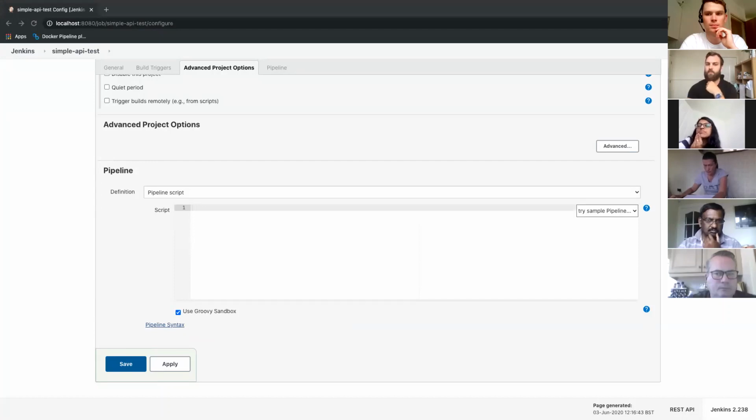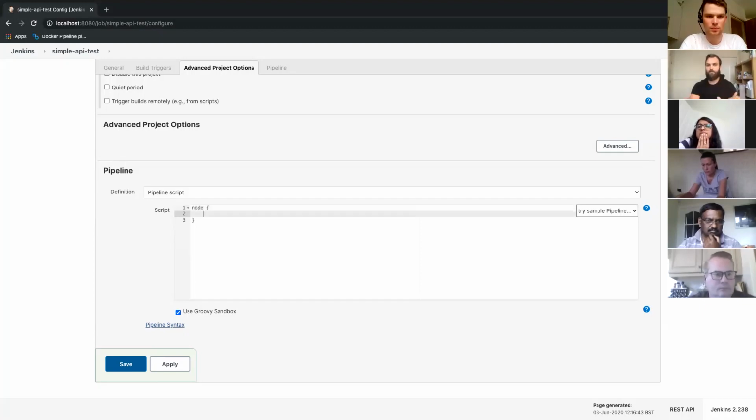And essentially, you're going to want to create a bunch of steps. So you will start out with your node, which is sort of just this pipeline essentially, and then you've got each of the stages. So you can define stages and give them a name.